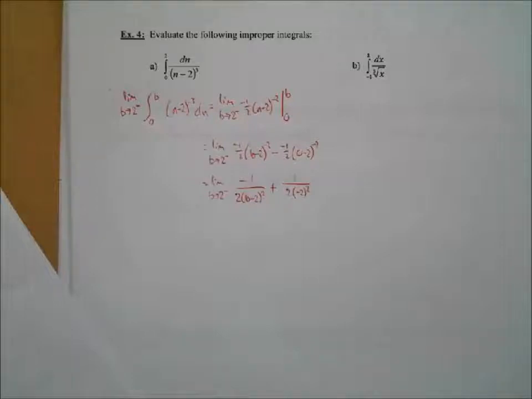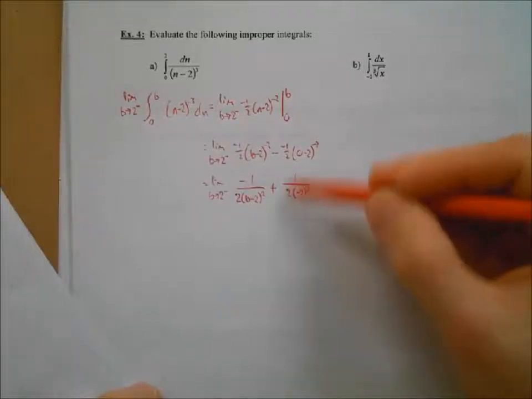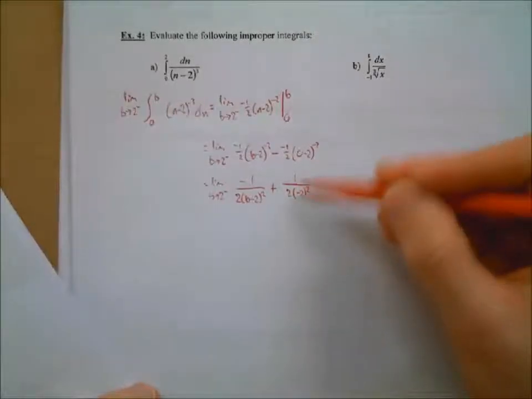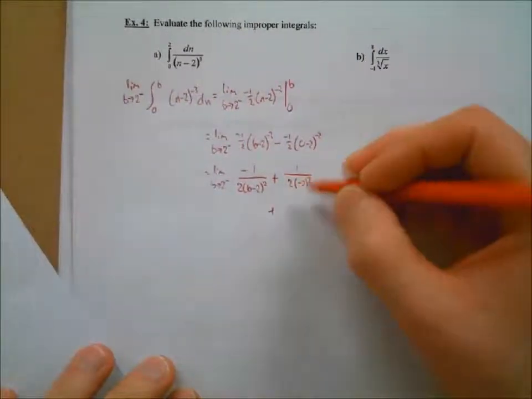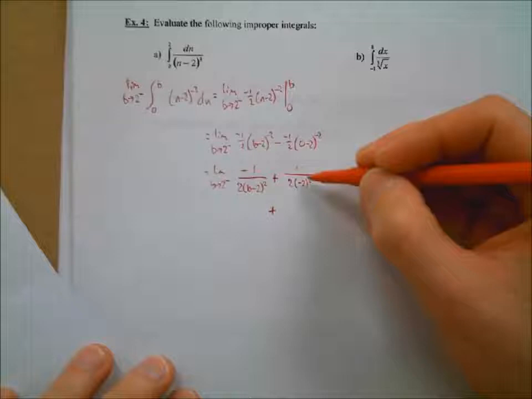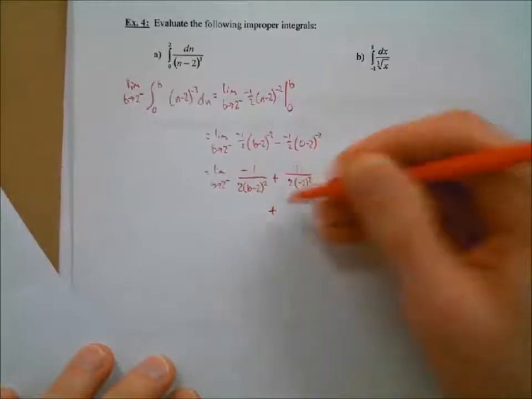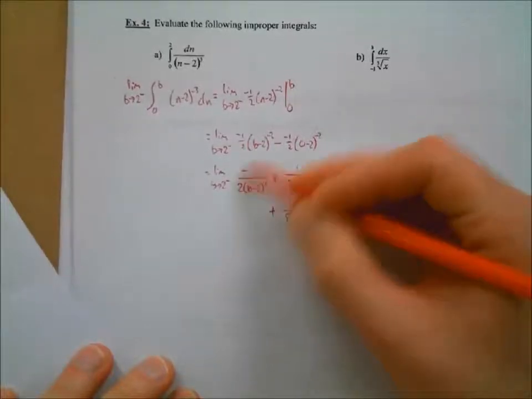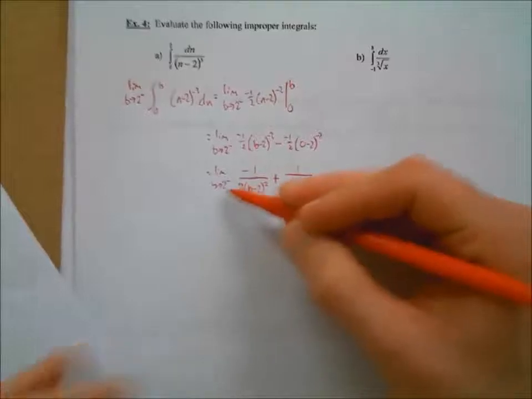At this point, we can get a number for the lower limit of integration when we substitute it in. Negative 2 squared is 4, times 2 is 8, so we get 1/8 there. But then if we take the limit as b approaches 2 from the left here,